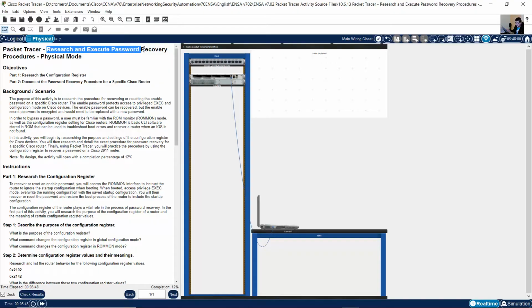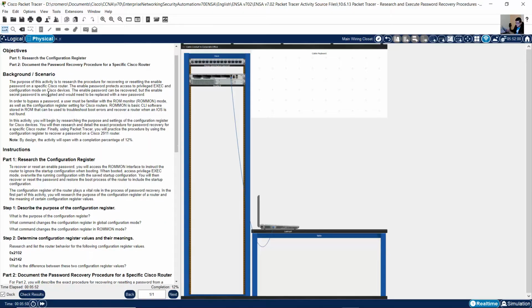Research and execute password recovery procedures on physical nodes. The purpose of this activity is to research the procedure for recovering or resetting the enable password on a specific Cisco router. The enable password protects access to privileged exec and configuration mode on Cisco devices. The enable password can be recovered, but the enable secret password is encrypted and would need to be replaced with